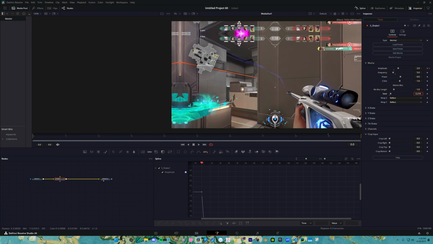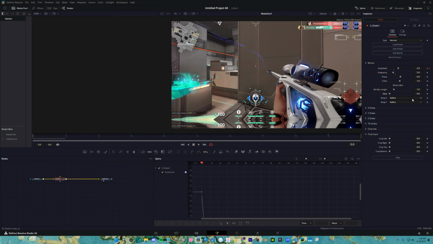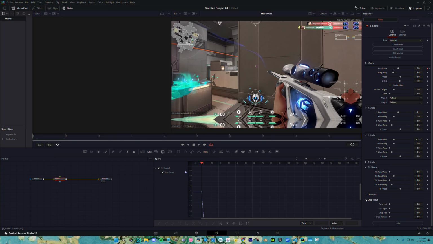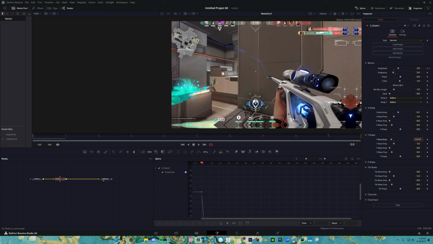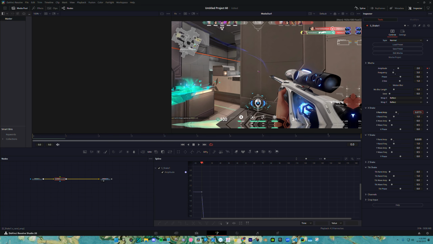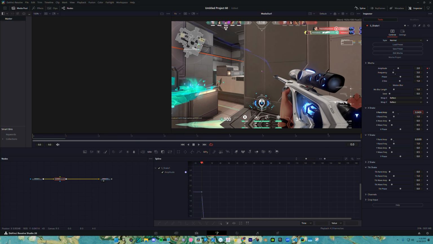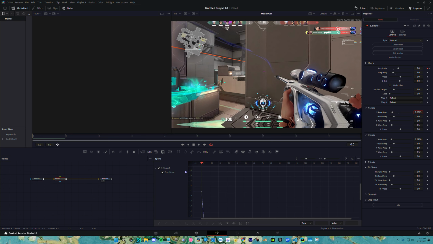Seed is basically how your shake looks, kinda. You always want to change it, okay? So let's get into tilt, the X, Y, and tilt shake. I don't use Z shake. I don't use any of this stuff here. So for the Y random amp, I like to bring that down to about 0.2. For X random amp, this one has more X movement, so I'll keep it slightly higher, like 0.3. Okay. And then seed,